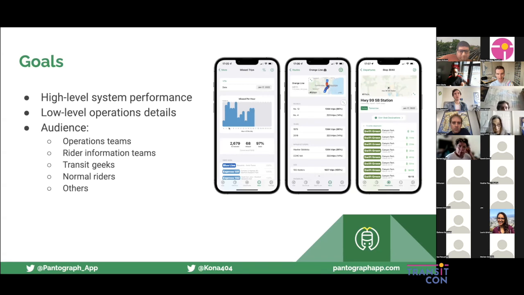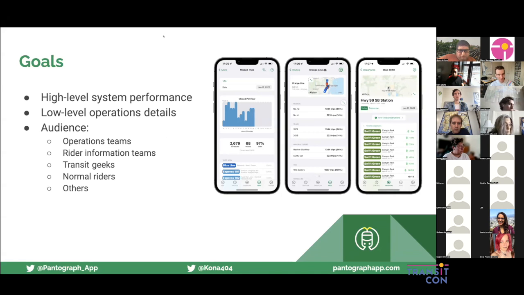So I kind of view my responsibility as trying to provide two opposite ends of the spectrum: high level system performance information and low level operations details, trying to access a little bit more information than maybe your typical quote unquote transit app would give you in terms of strictly arrival information or trip planning.